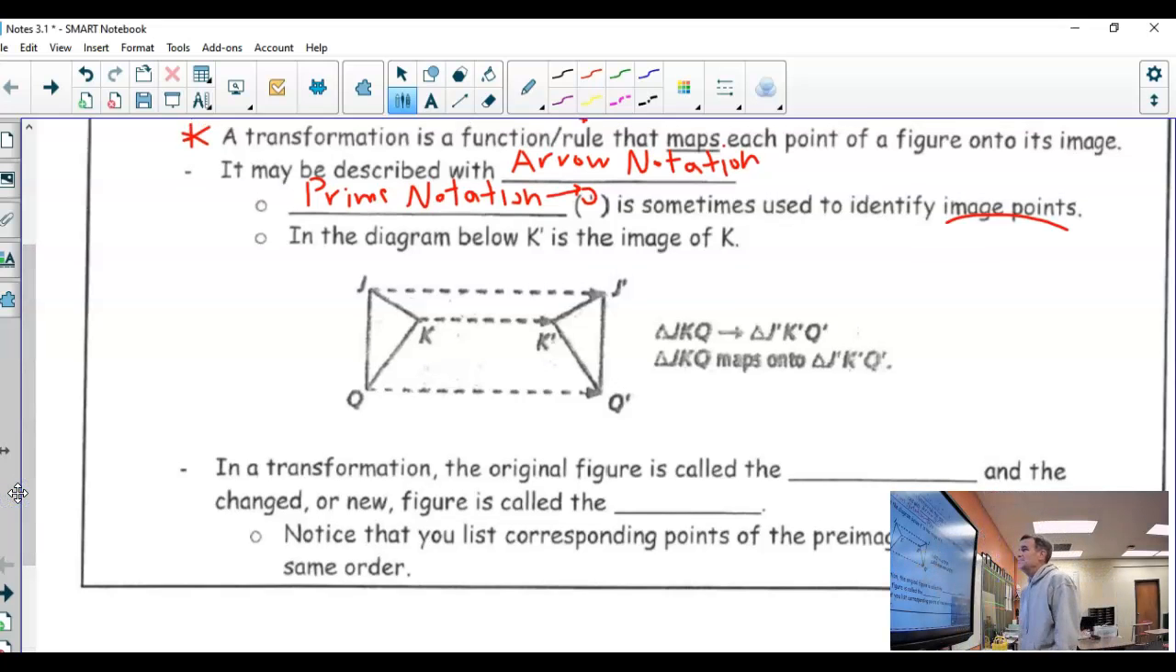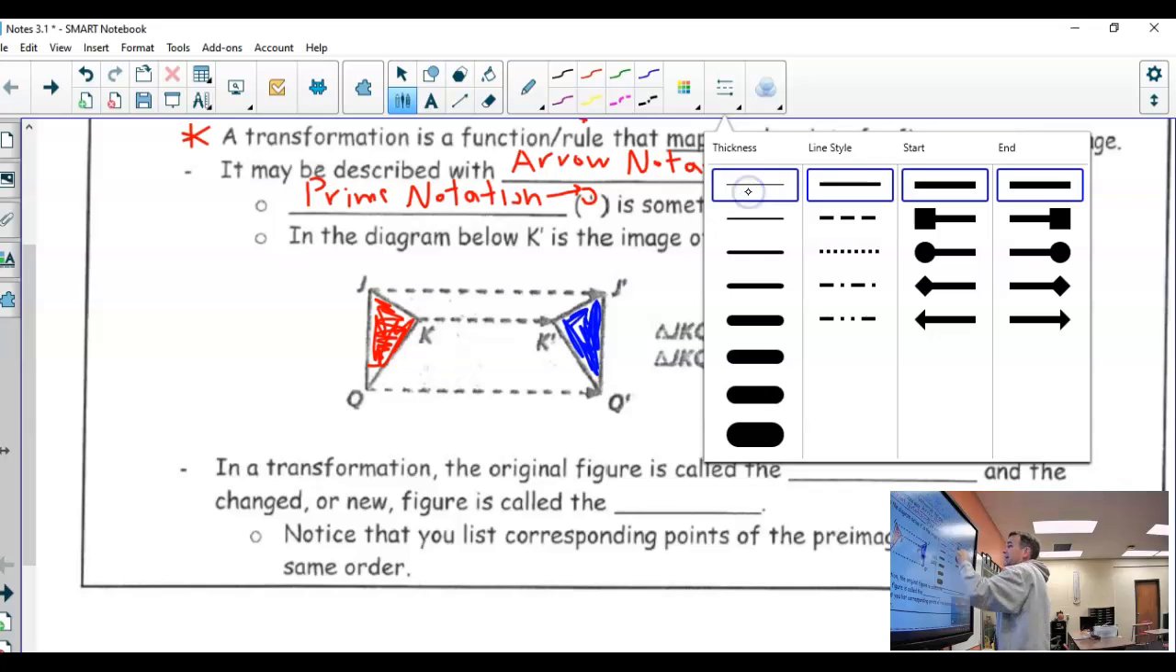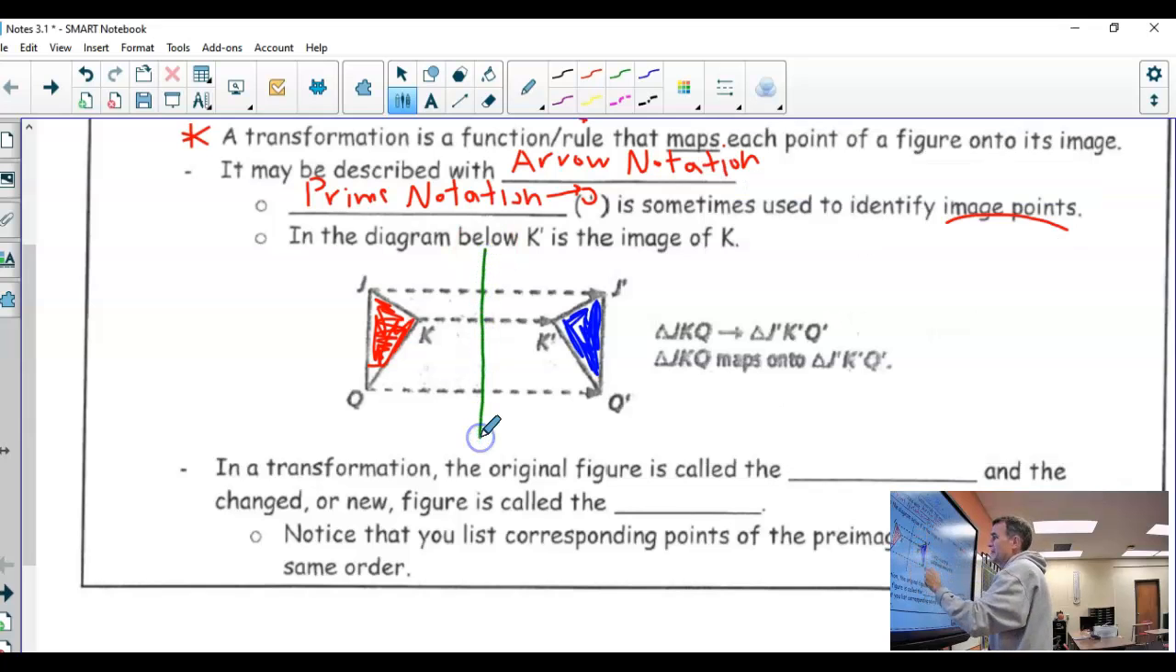All right, so in this diagram, where I have this triangle here, we'll call this the red triangle, and we are mapping it onto what we would call the blue triangle. And it looks to me, you guys, like this thing is a reflection, like over that line. Looks like the triangle has been reflected, like that line is a mirror, and the red triangle is looking at itself in the mirror, and it sees the blue triangle in the mirror, because the mirror changes color, I guess. I don't know. All right, so the red triangle is known as triangle JKQ, and the blue triangle is known